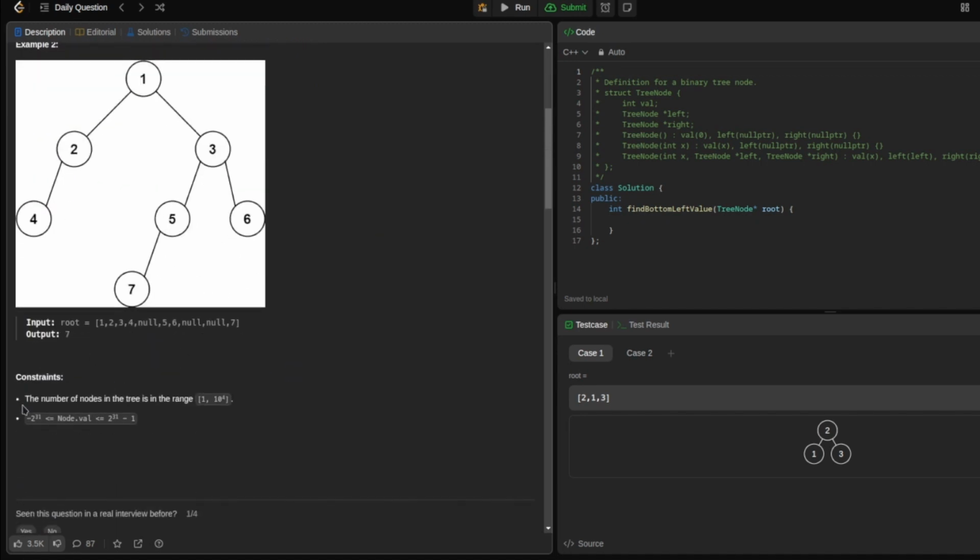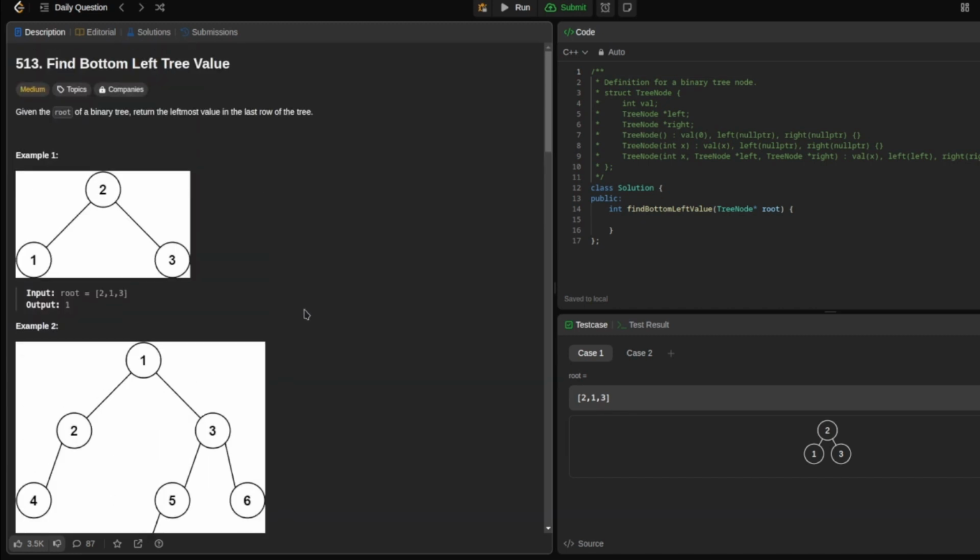The constraint is that the number of nodes in the tree is in the range of 1 to 10 to the power 4, and node.val is less than or equal to this. So how we can solve this question is we need to traverse the tree, because we need to go to each node of the tree so that we can know which is the bottom leftmost node in the tree. We need to go in depth to search for a particular node. So what we will do is